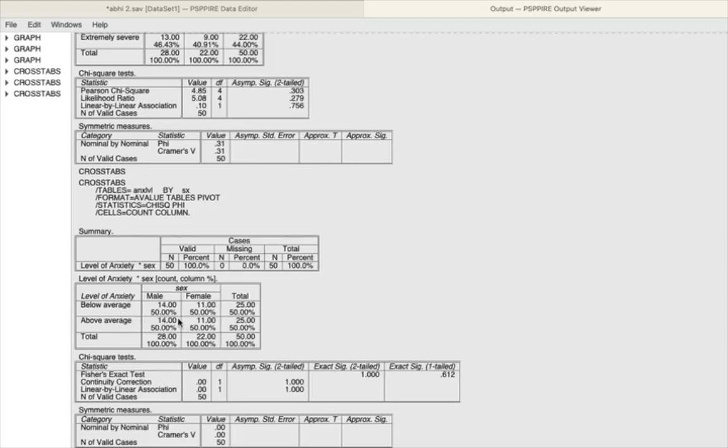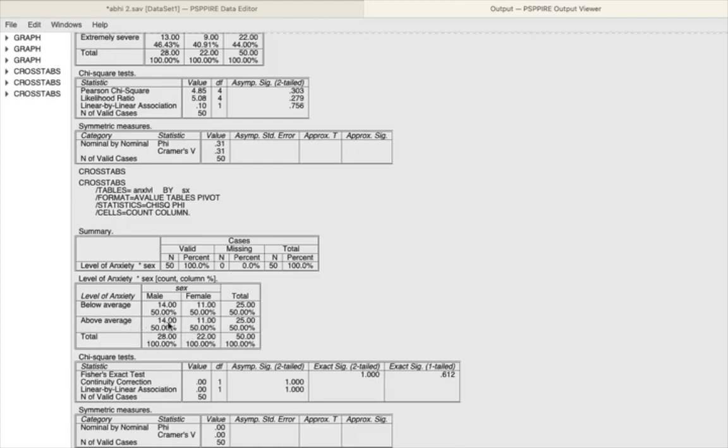Now it's again a bit confusing when you look at it. So what we need to do is we need to look at only one side. Ignore this whole column, below average, male, female, you forget it. Only look at the bottom. So here at the bottom you can see above average, who has more, which percentage, both male and female have equal in terms of above average level of depression, anxiety, isn't it?